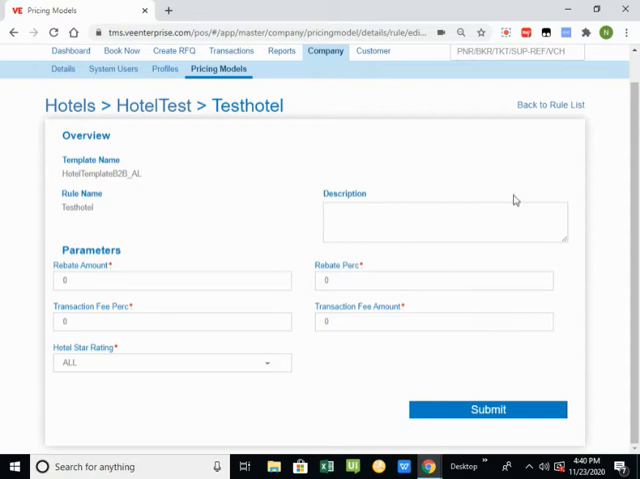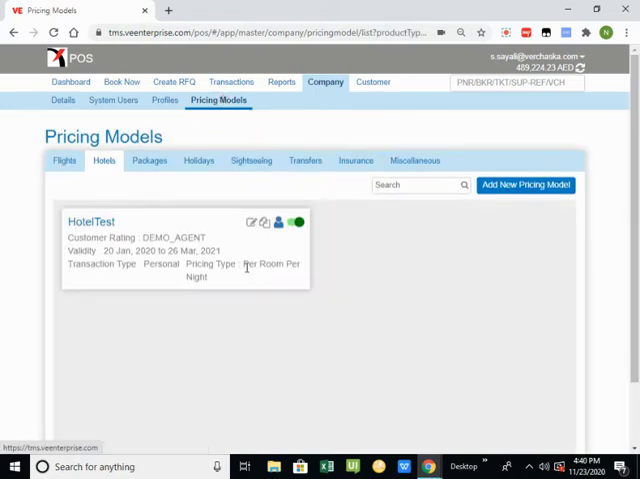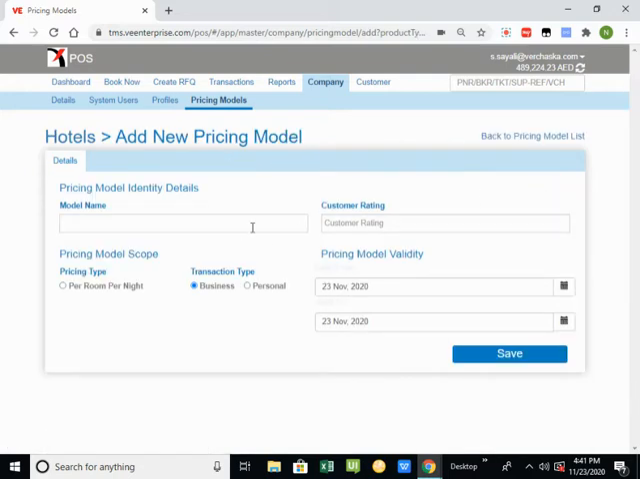So here, this was the existing pricing model for hotel. And if I have to create a new pricing model for hotel, in the hotel product, I have the option add new pricing model. When I click on add new pricing model, I'll have to name the model and also the customer rating. I'll have to select the pricing type and the transaction type as personal,